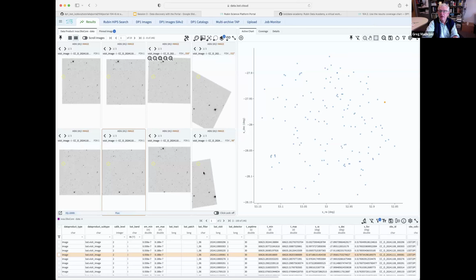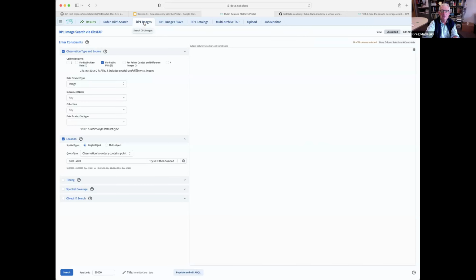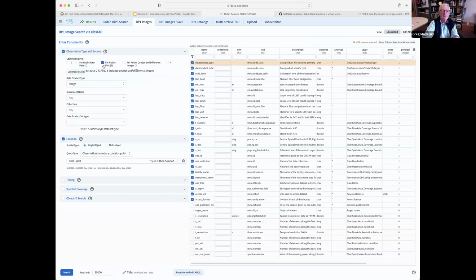Okay, now one thing that we can do is convert that particular query. I'm going to go back from results to the images. Notice that I asked specifically for Rubin PVIs in a location that is given here. Before I go any further, I can also ask for only observations that were done during a certain period of time. So I'm going to ask for the observations that are completed